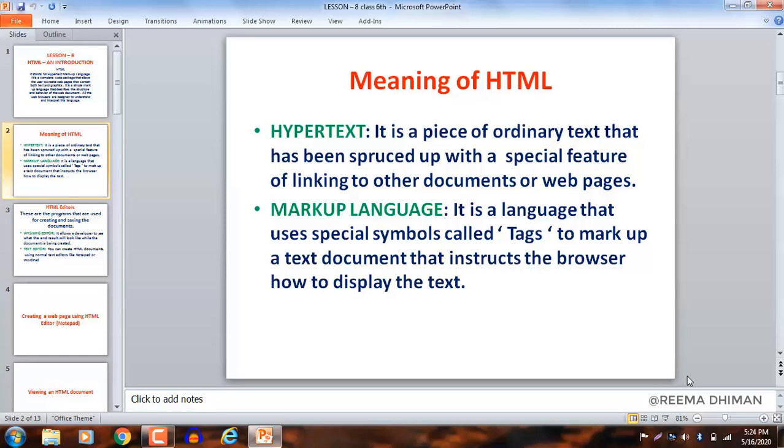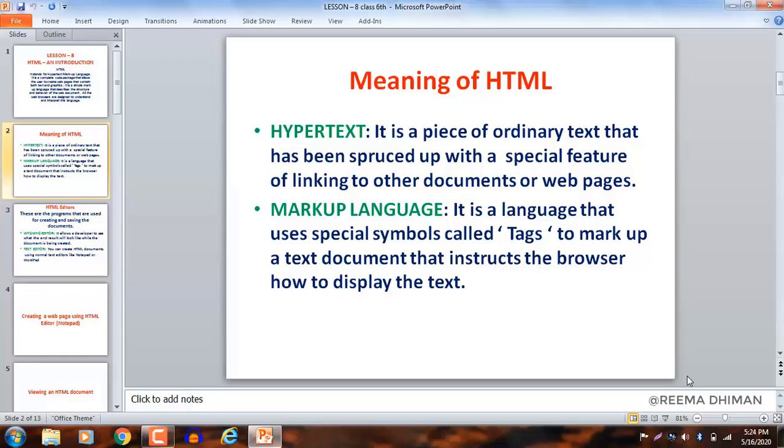So when you click on the hypertext, it opens a new web page. Clear? It is like a normal text which is added in a particular document to provide the link to other documents and web pages.